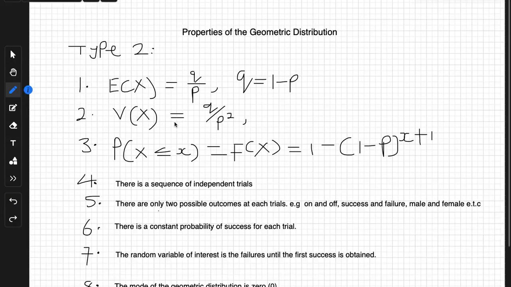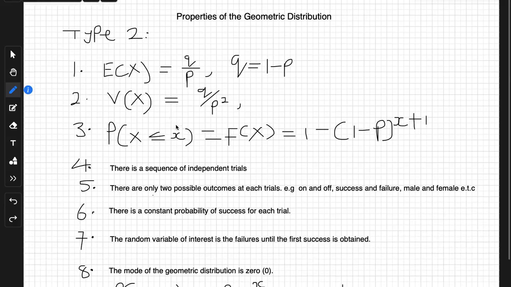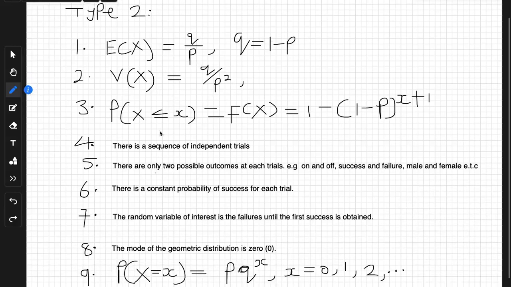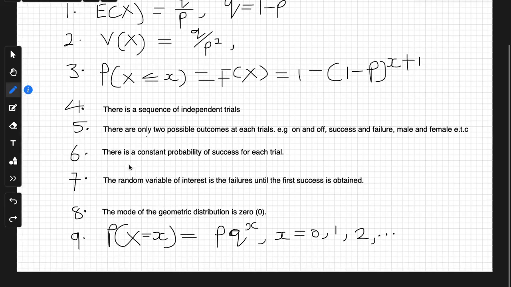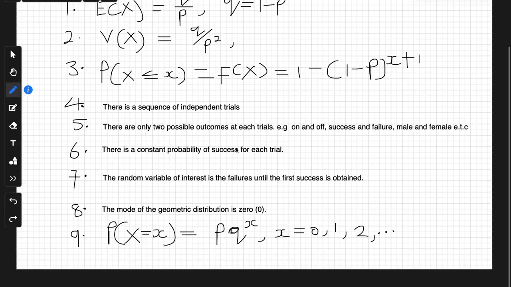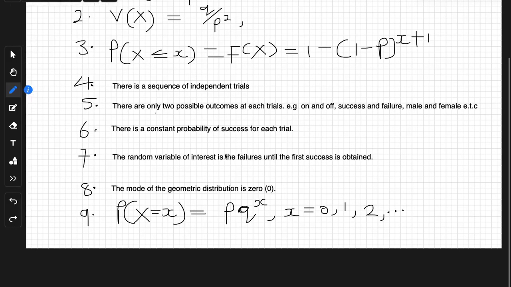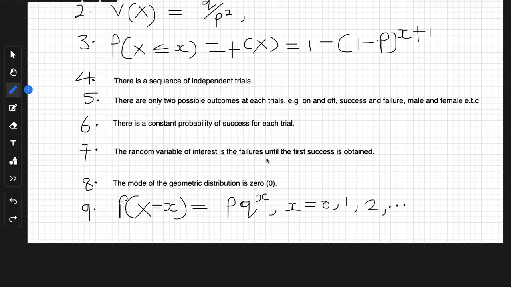All right, so let's look at the properties of geometric distribution again, type 2. For type 2, in case you're interested in it, the mean will be this, q over p. All right, you know what q is. The variance of x will be q over p squared. The cumulative distribution function will be what you're seeing here. And then there is a sequence of independent trials, just like the first one. There are only two possible outcomes, like the type 1 geometric distribution. There is a constant probability of success, like in type 1. But this time around, the random variable is the number of failures